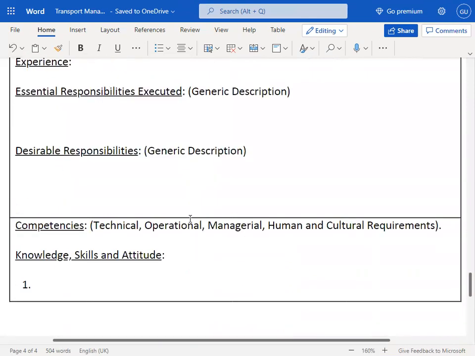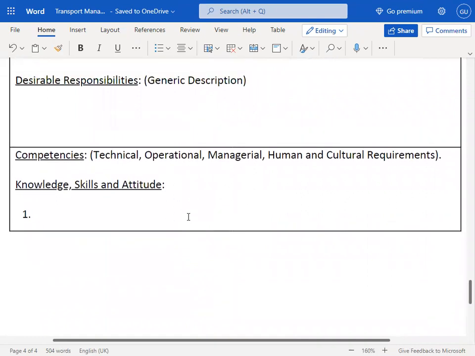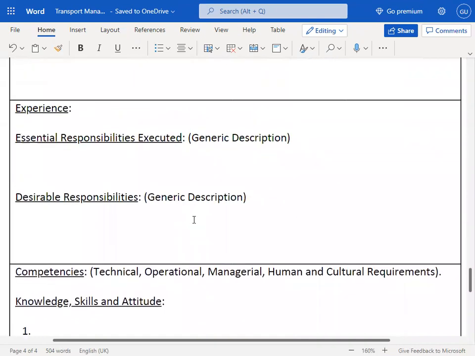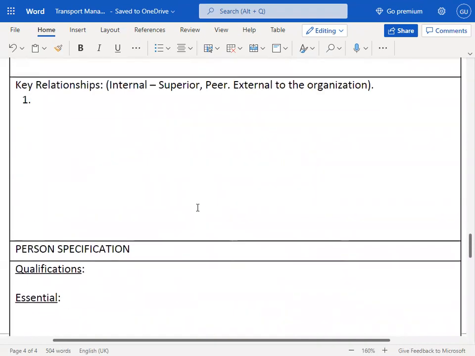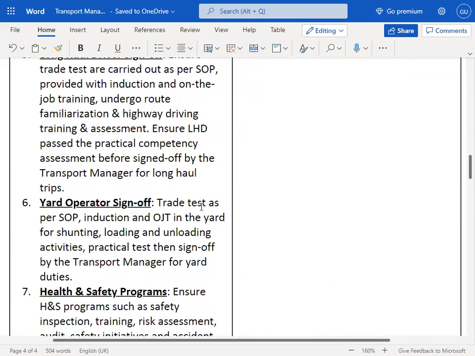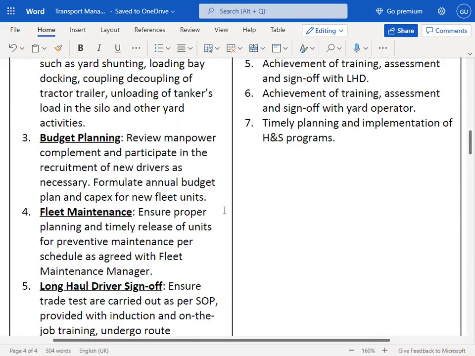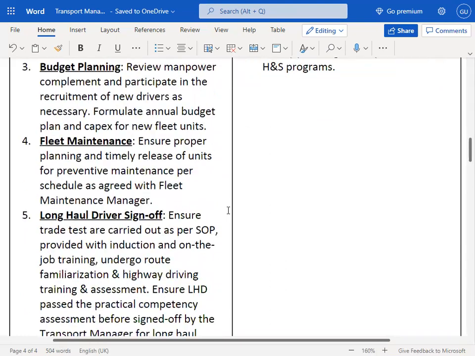And for the rest of the job description, like activities, job dimension, job context, key relationship, qualification, I'll be doing it next time. Maybe in a couple of days, I'll be doing it for you. Okay, in the meantime, we have done. So this is why I am doing only this,